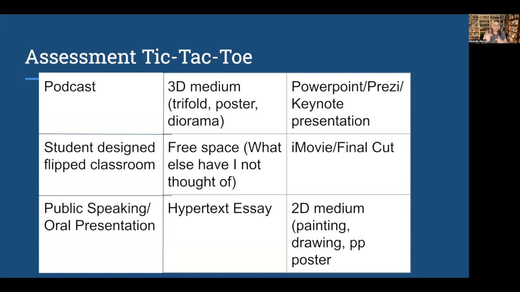They could design a flipped classroom where they were the teacher giving the information to the students. I love this in the middle, a free space, something I haven't come up with yet. They could do iMovie or Final Cut, public speaking or an oral presentation. They could do a hypertext essay or a 2D medium, painting, drawing, PowerPoint, poster, something like that.